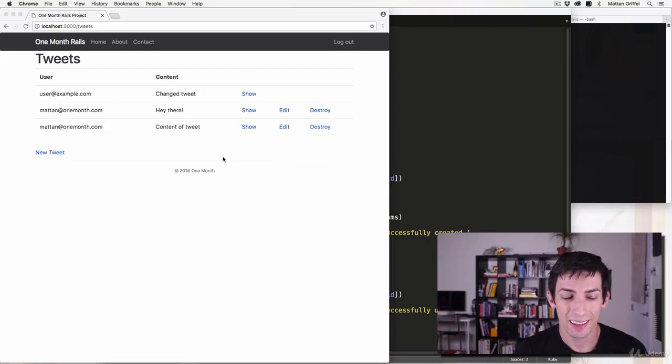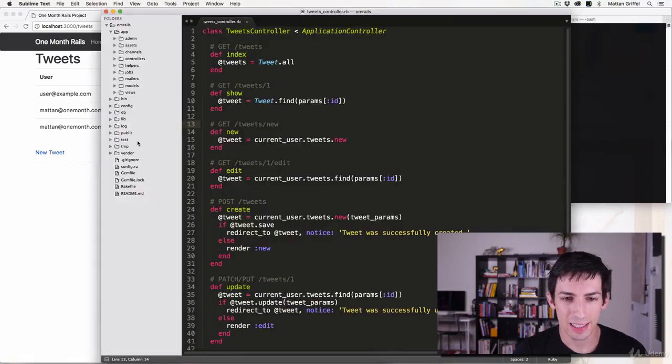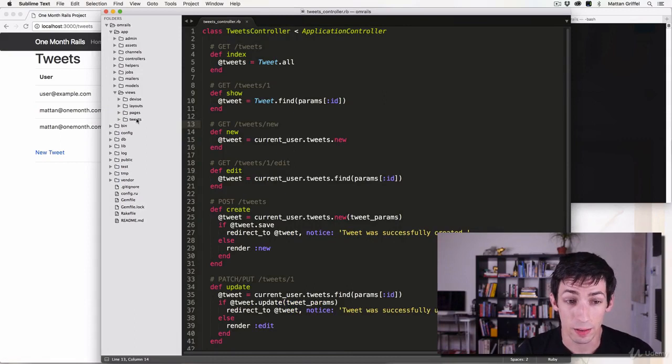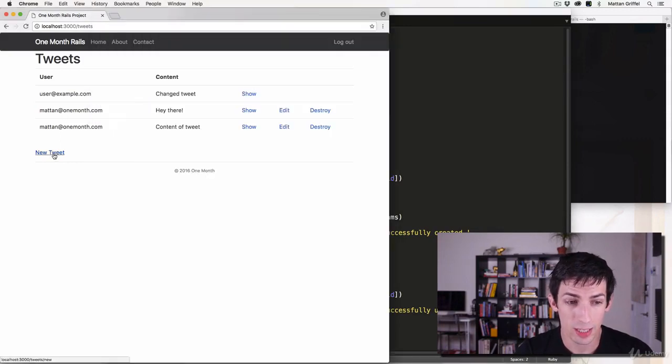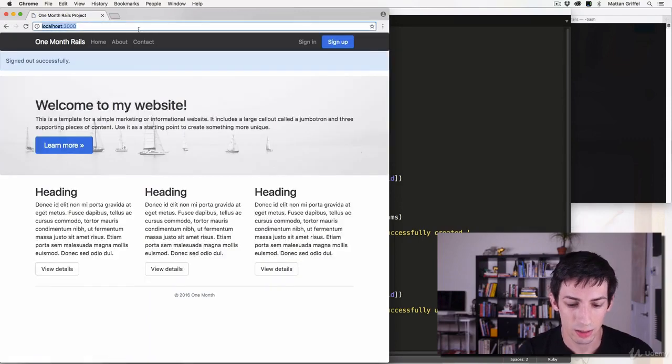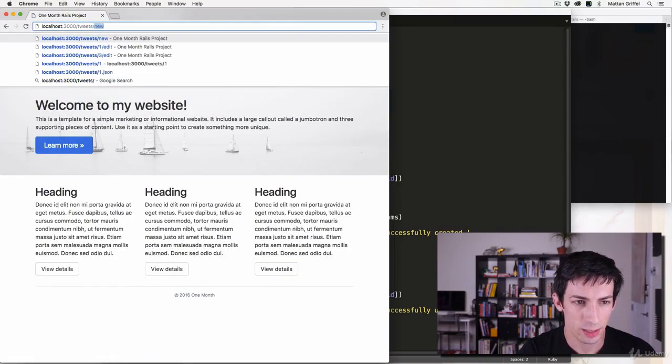So the last thing is, even though we've hidden these links from people if they're not logged in (new tweet, edit, destroy), we have to realize that hiding links is different from actually protecting the controller. The links are happening inside of the view, right? And they're just HTML. But a user who's not logged in could still go to /tweets/new,